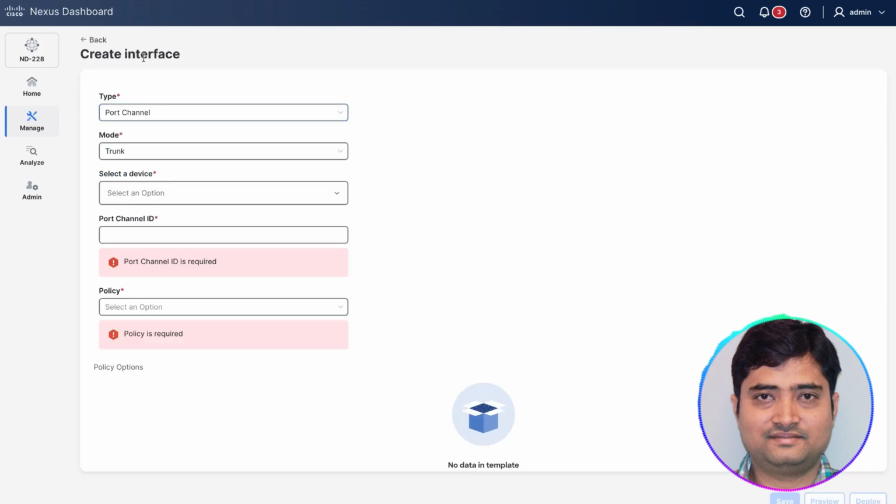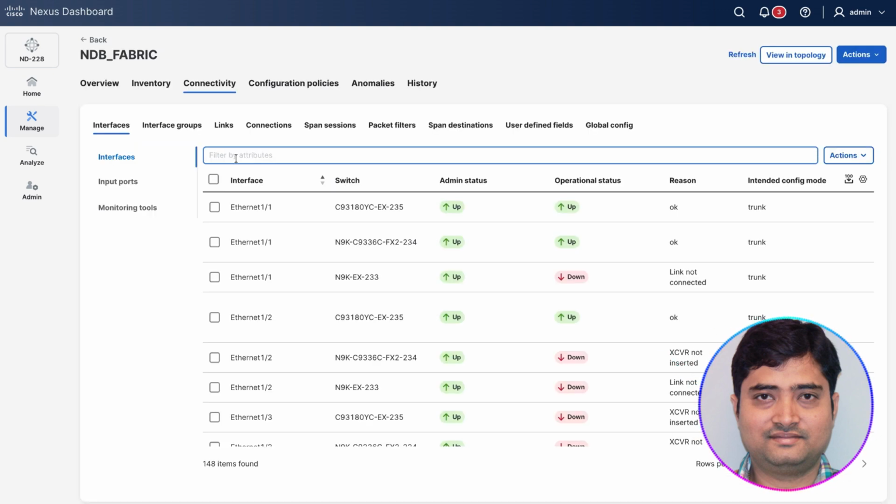And when you click on create interface, it's going to ask you what is the port channel number and what members you want to have in this port channel. And once you create these, port channels can be used when you are creating your source ports or tool ports. So once we know where the copied traffic is coming in from, the next thing we do is